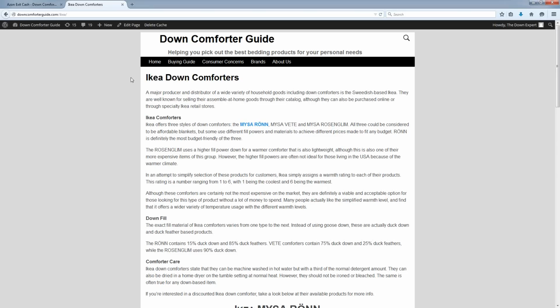So while on this entire website I might have one exit page that would simply be showing a variety of down comforters that are available on Amazon, on this specific page here,